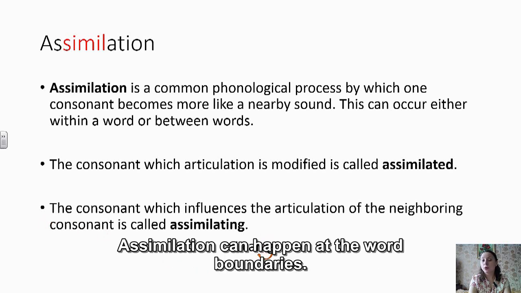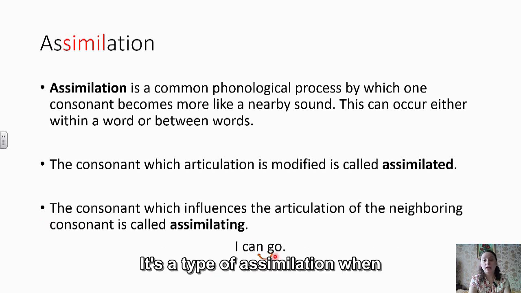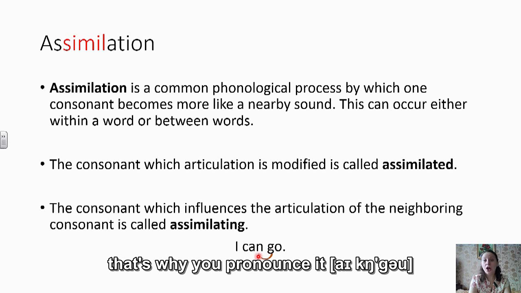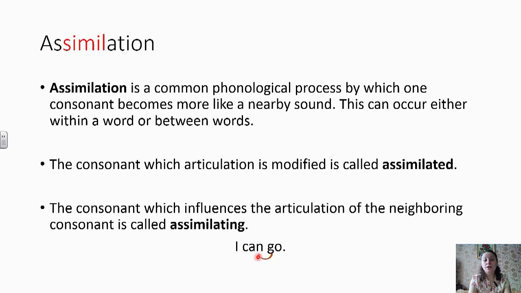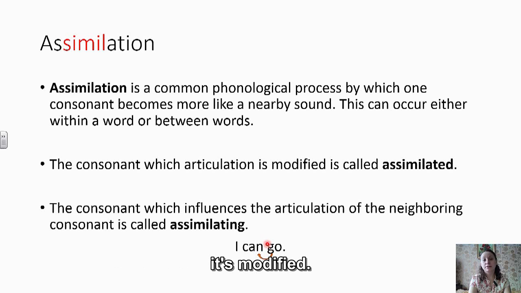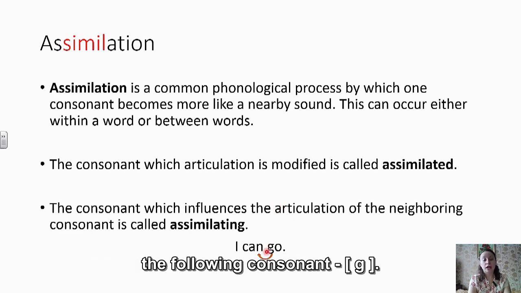Assimilation can happen at the word boundaries. Here, it's a type of assimilation when the backlingual g influences the preceding alveolar forelingual n, and n changes into ŋ. That's why you pronounce it "I can go." Here the n sound is assimilated because it's modified. It changes into ŋ, and the assimilating consonant is the following consonant,